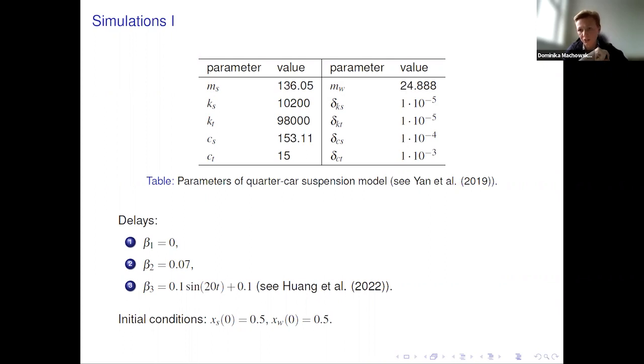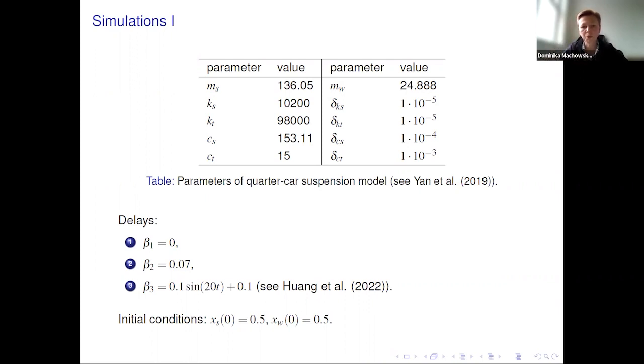And our simulation always starts with 0, 0, xs 0.5 and 0.5. So what does it mean? So our car starts with a very strong vibration. And the question is, is it possible to find better values of controls so that the vibrations decline faster